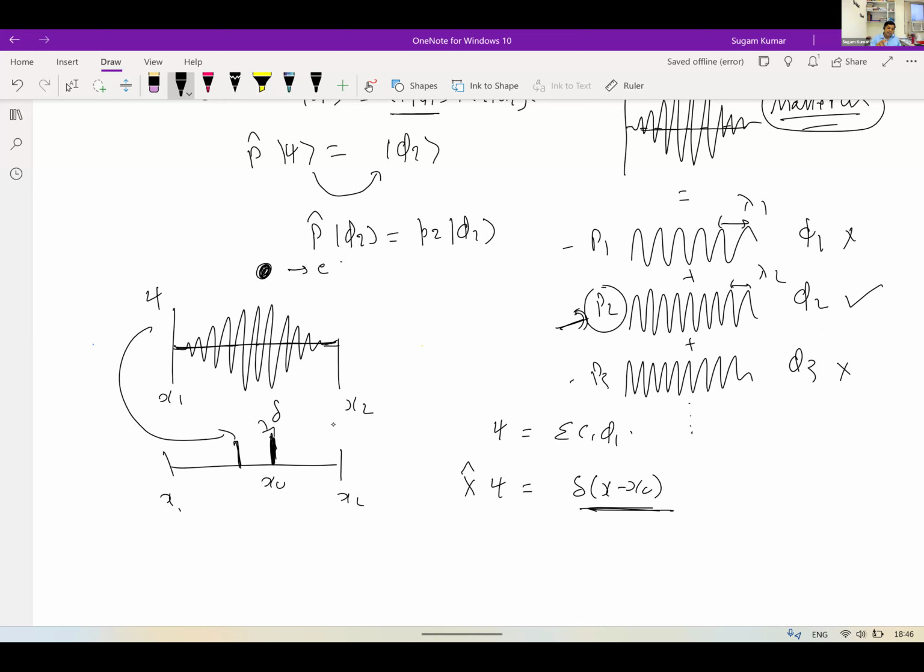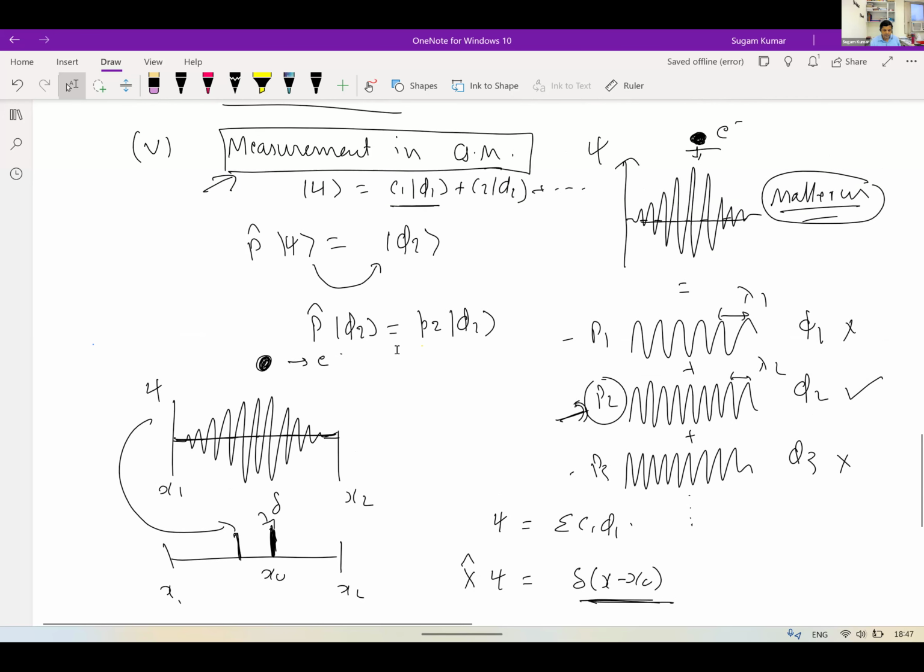But don't worry, I will discuss these things. We have 2 hours of time to discuss this concept. But this is a short answer for your question: no one knows why the wave function collapses. This is a postulate of quantum mechanics, and these postulates are based upon observations and experimental results. I hope that is a little bit convincing. Okay, anybody else?